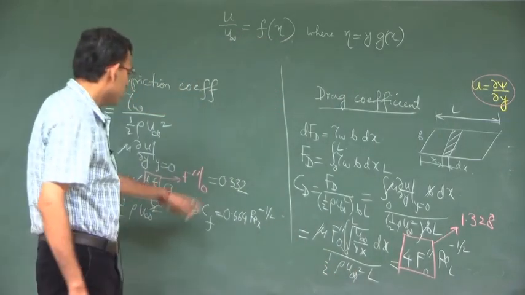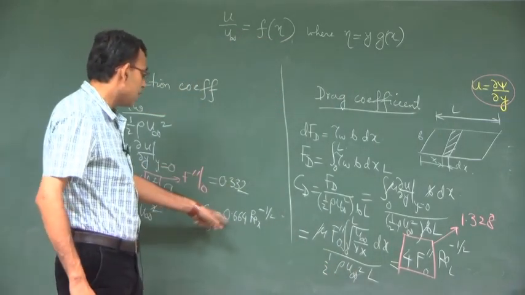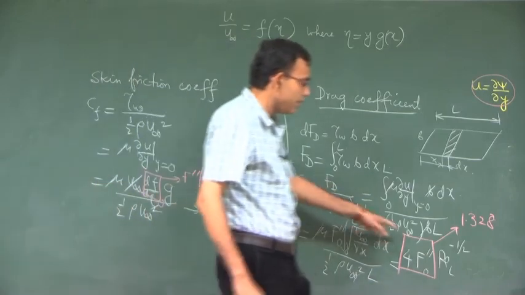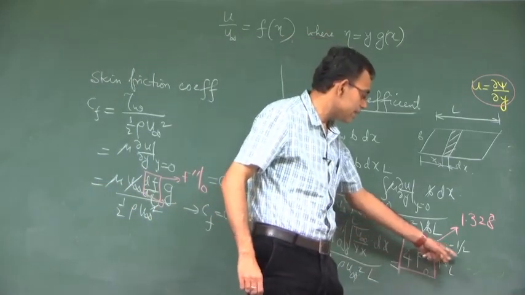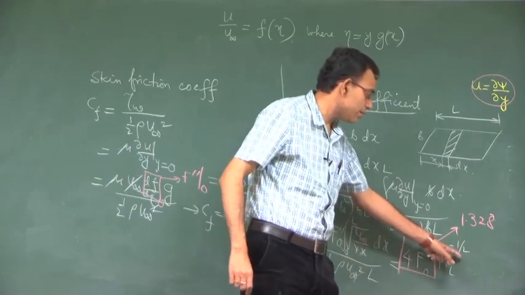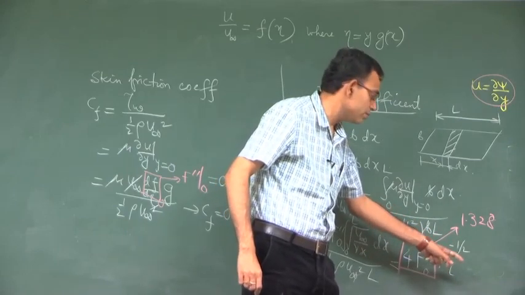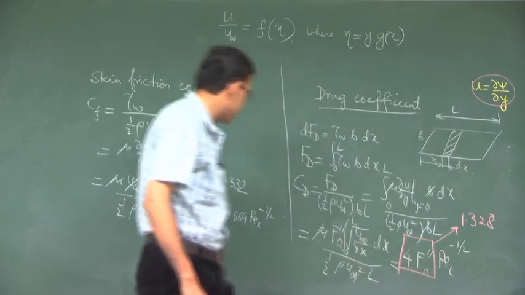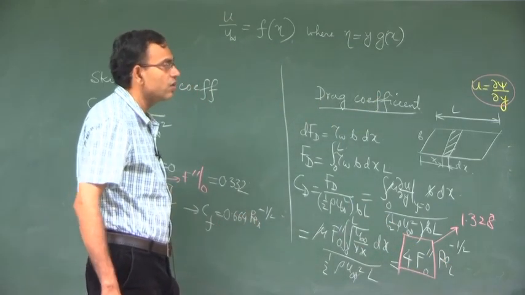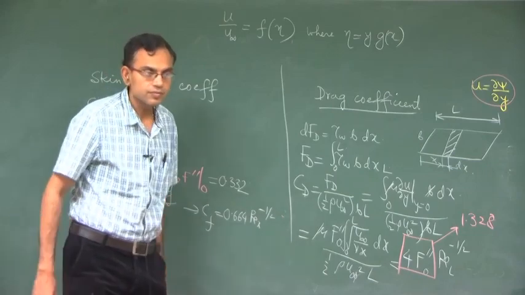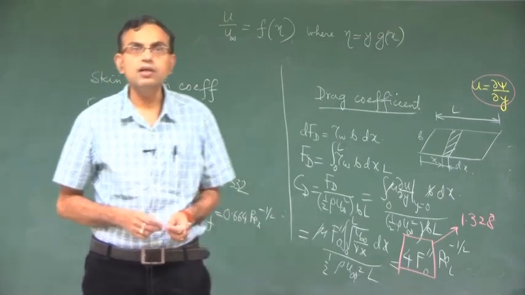So, always whatever is this, Cf will be double of that and Cd will be 4 times that, and the scaling is here, it is Reynolds number with respect to the length scale L, and here it is local. So, this is Reynolds number with respect to the local length scale x. Thank you very much. We will continue in the next lecture.